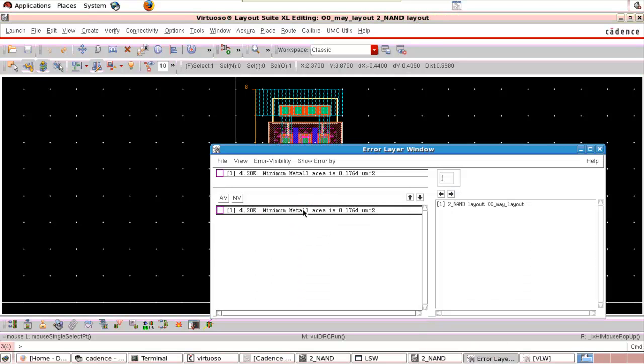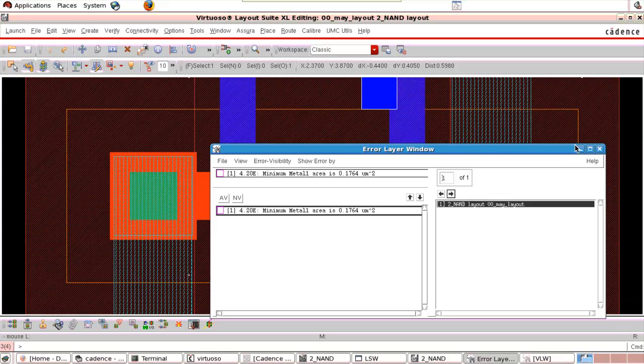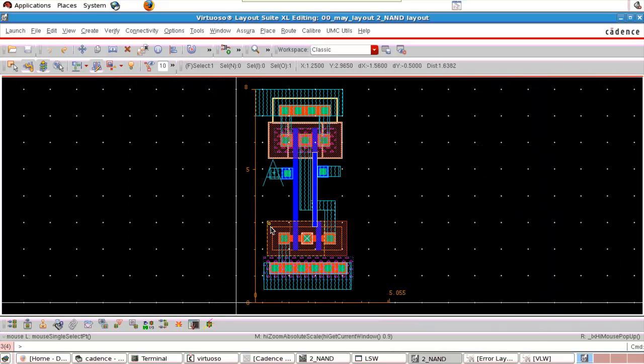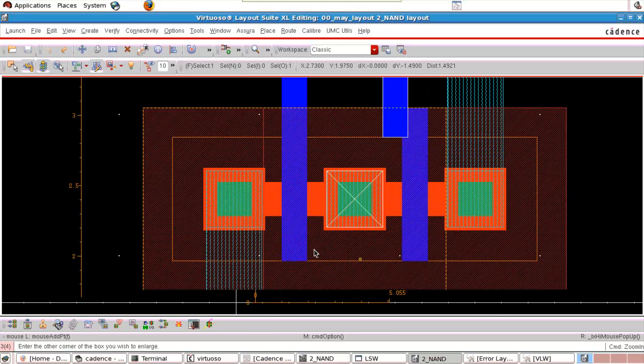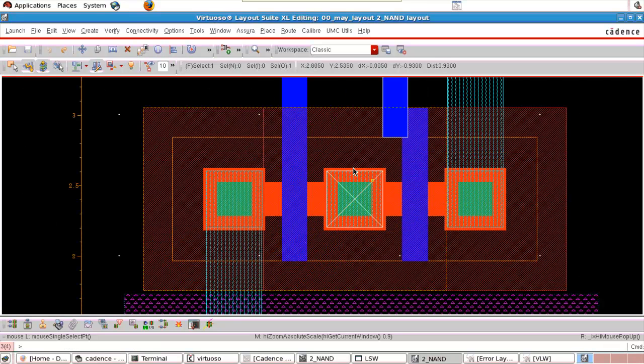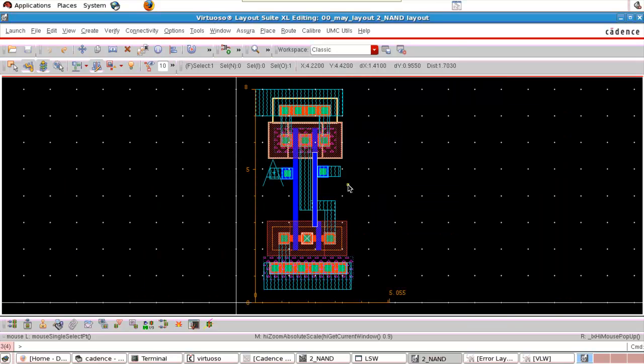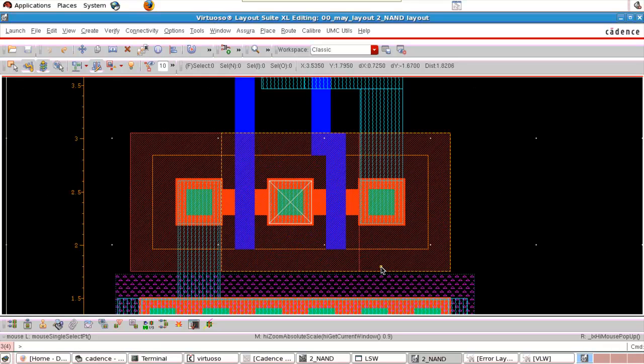Now there is a minimum metal area error. Okay, error is this one, with this NMOS. We didn't connect anything to that, so that's why it is showing an error over here. We can overcome this in two ways. First of all, one method is to make a connection over here, just to make this metal a little bit wider. I can just press this R and